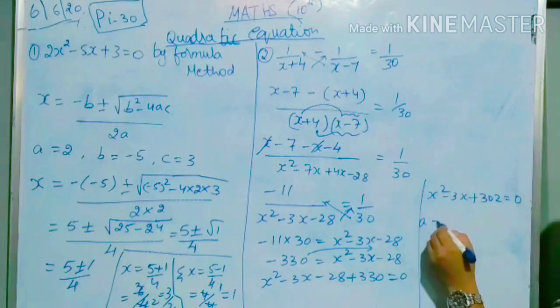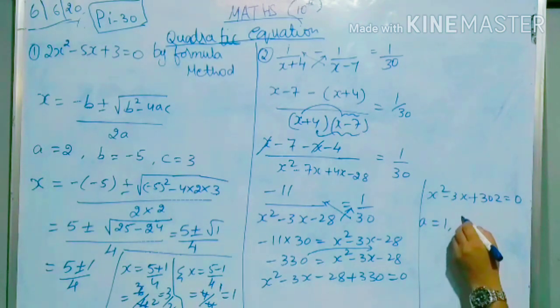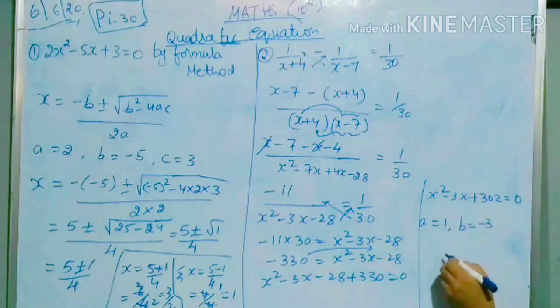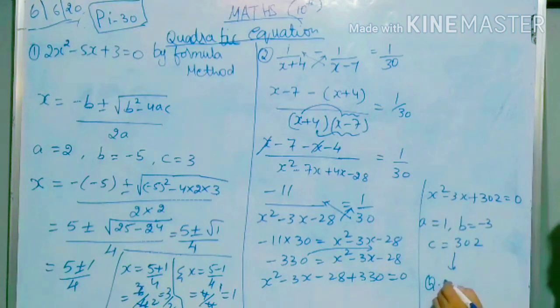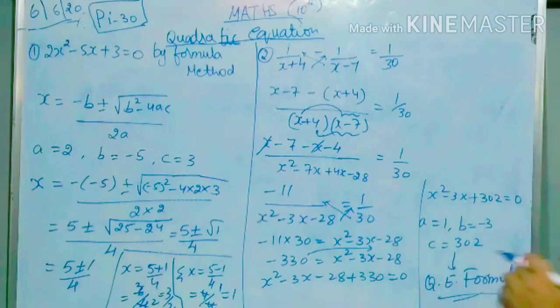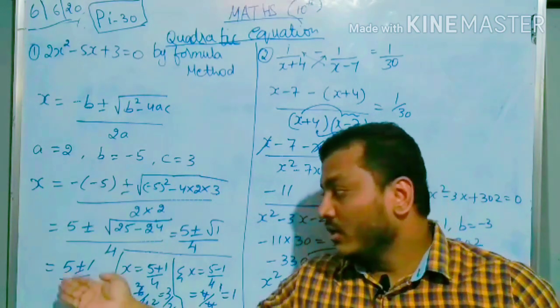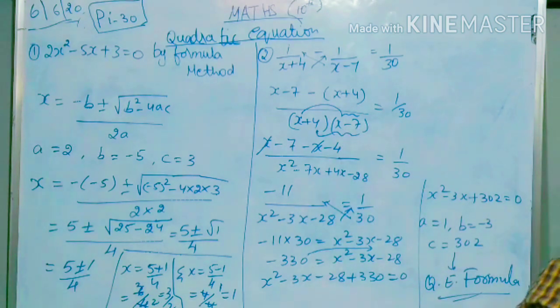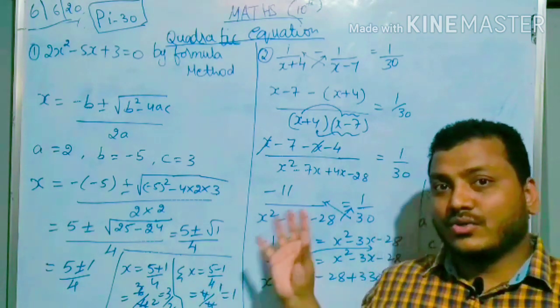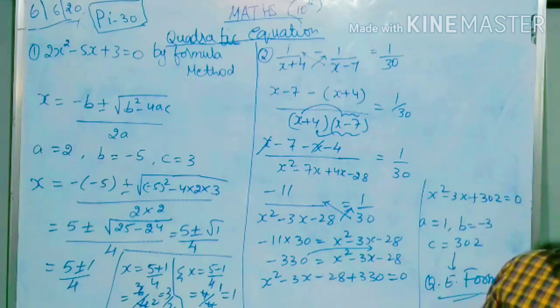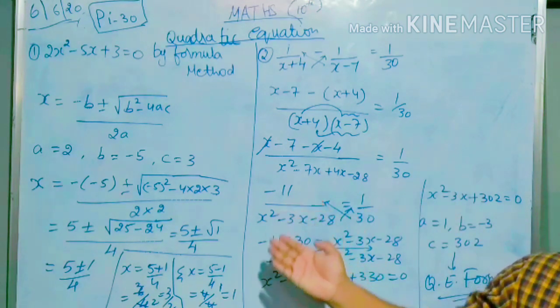Further, a is equal to nothing but no coefficients, is 1 only. B is nothing but your minus 3 and the C is equal to how much? 302. You can use the quadratic equation formula and you can solve this one. If you use the formula similar way like this, substitute A, B, C in this formula and you will get the value of those x. The two values you will get, that is called the roots. The actual answers are called as the roots. So these two, the important question from the quadratic equation.